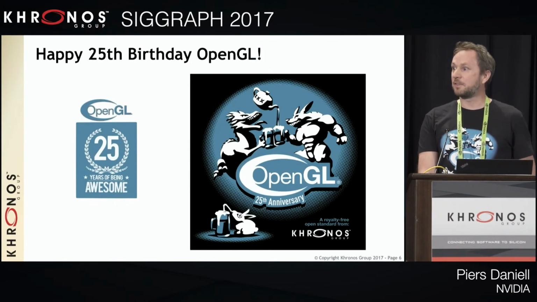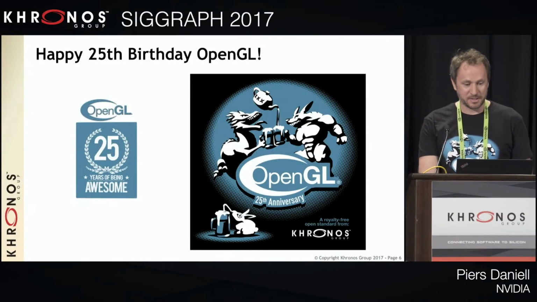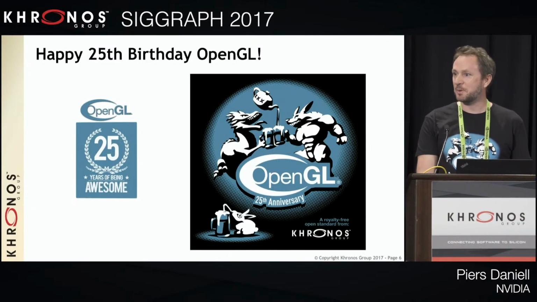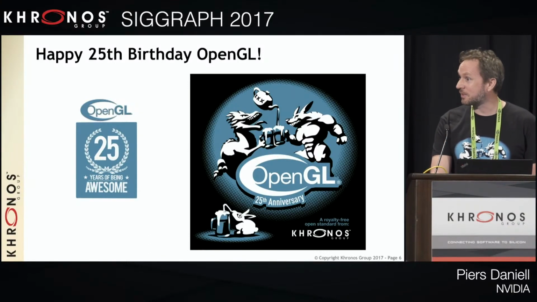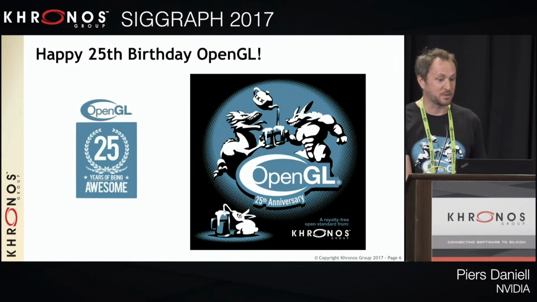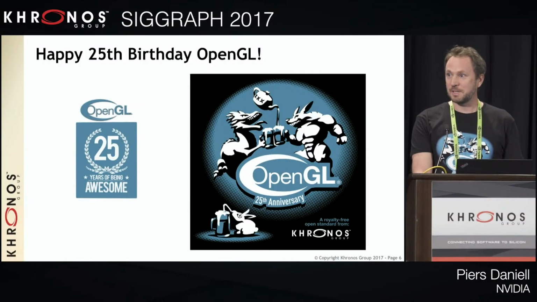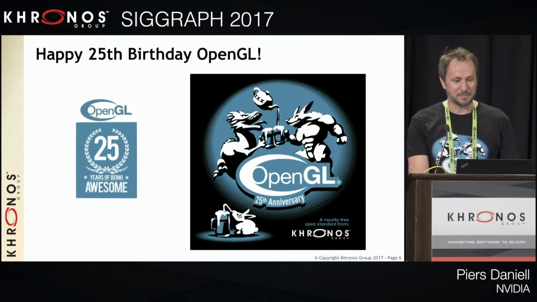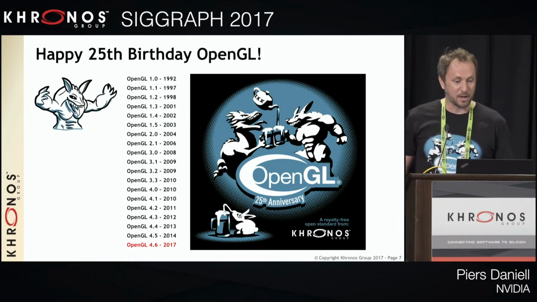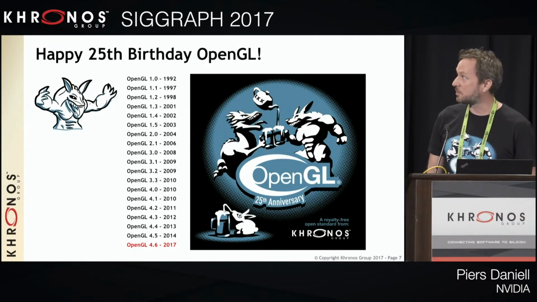This SIGGRAPH is a big event for OpenGL. It is OpenGL's 25th birthday. In 1992, OpenGL 1.0 spec was released. I think it was in January 1992. So 25 years later, OpenGL is still going strong. There's not a lot of APIs that have been around for 25 years. Even Win32 API has not been around for 25 years. POSIX has, XLib I think has, but certainly hitting a quarter of a century for an API that still works. You can get the latest OpenGL drivers and it will still run OpenGL 1.0 software, which is quite remarkable.